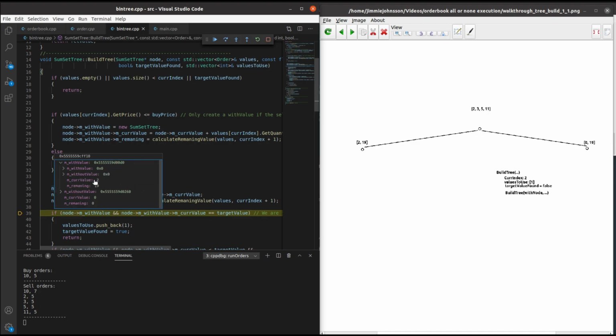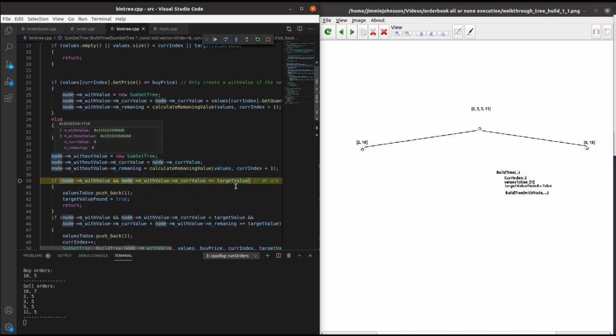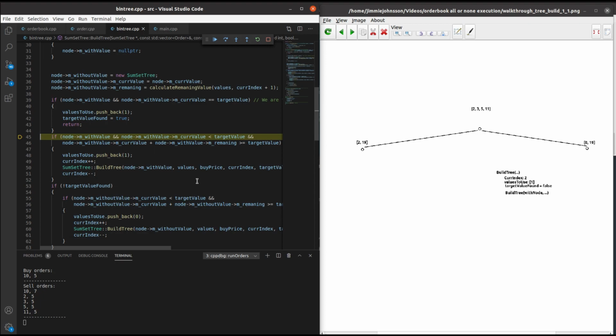We can see that we have the width value. There is 2 if you traverse down the width value, and you have 19 remaining. Okay, and if you were to go without the quantity 2, you would have one with 0, and you would have 19 remaining. Okay, so first we check if we reached the target value, which we did not,